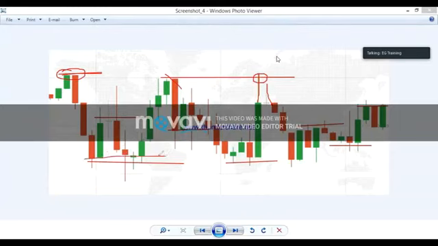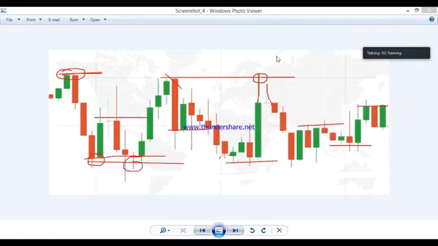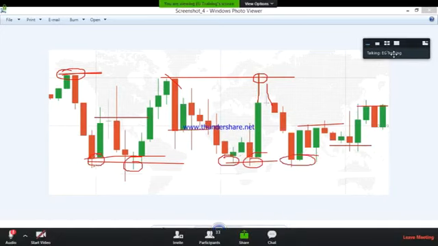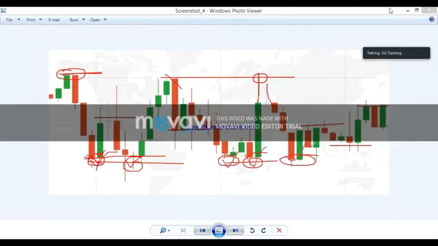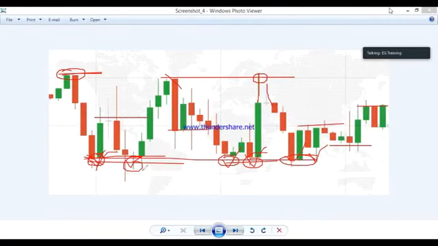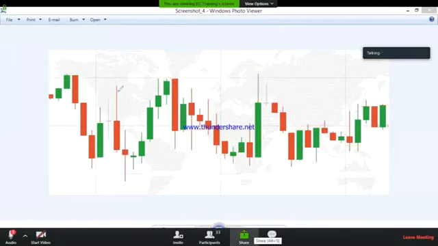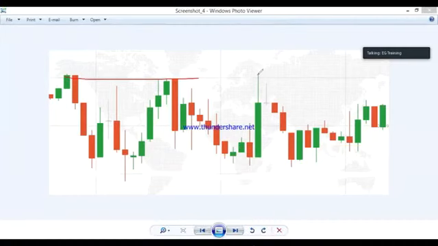Here there is a support level, again a support level from the same level, again a support level, again a support level. So we are seeing that the market is mostly respecting this level. Most of the time the market is respecting this level. Only this level in this chart. Here it rejected but we can't place.